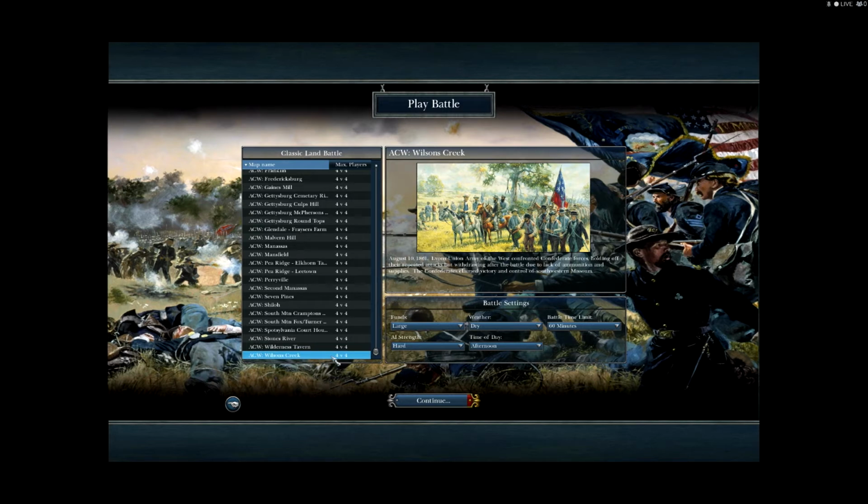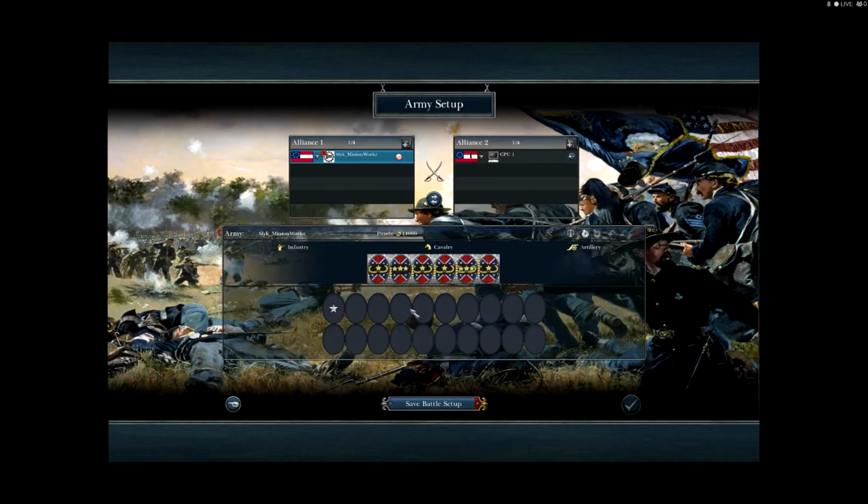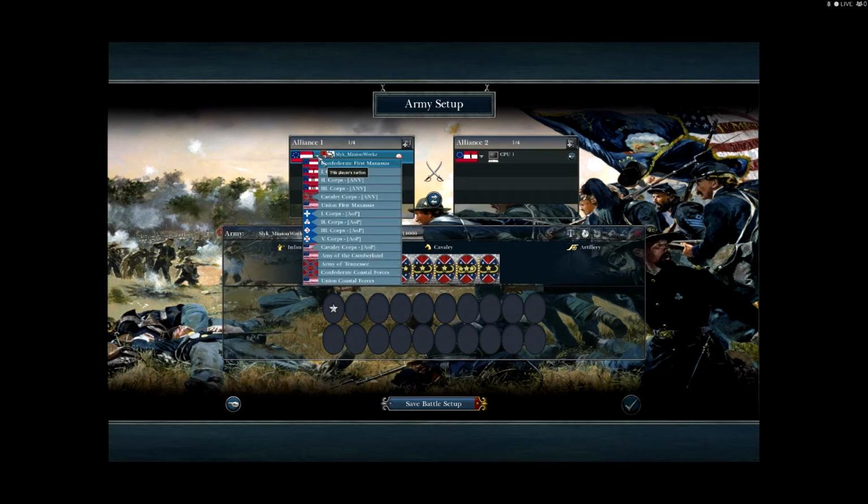So, in setting up a quick battle, I'm going to use large funds on this just so we can talk a little bit more about what kind of armies are in there and see some of the different builds. And in the preview to the release video movie, there are views of all the armies that let you see what's in there. So, just starting off, the default army that always shows up is your Confederate 1st Manassas force,